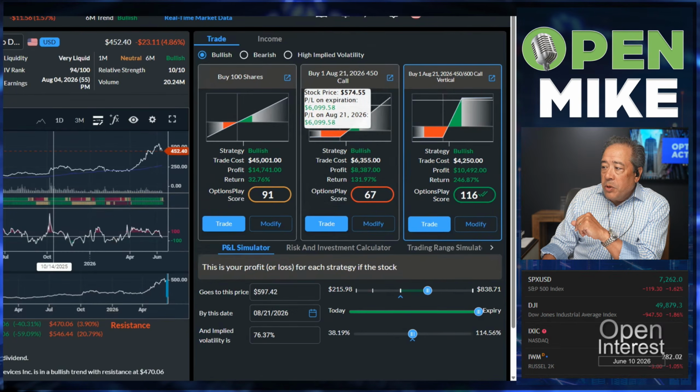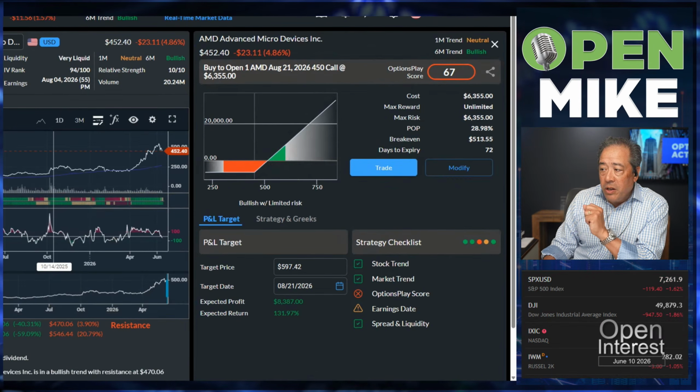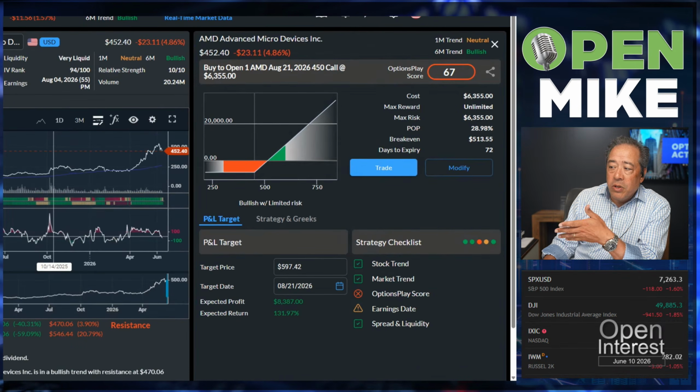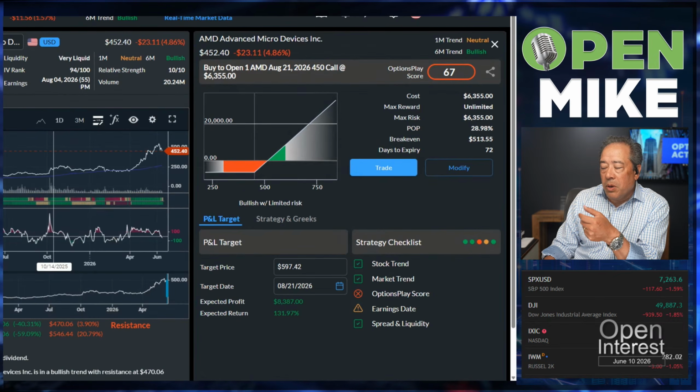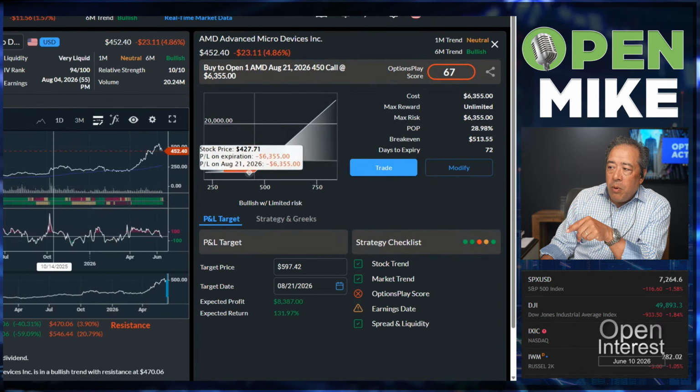If I bought a call option, that is obviously not the exact same payoff, right? Because a call option has defined risk. Essentially, I am risking the amount that I spent. That's the extrinsic premium. And I'm risking however much the stock is in the money if the strike is below the current stock price. But I can construct a synthetic position by saying, okay, well, if I bought the 450